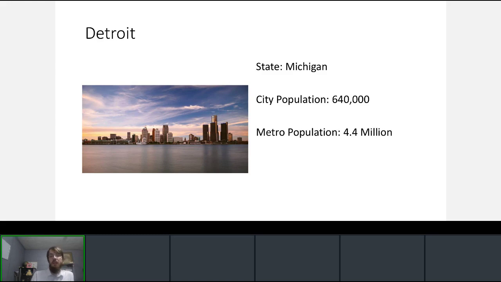We have, in Michigan, Detroit. So Detroit is one that had more historical significance. At one point, Detroit had over 1 million people in its area, and it's had some significant declines. Less than the metro, though, which is still pretty significant there, but it seems to be a place of automotive manufacturing, even if